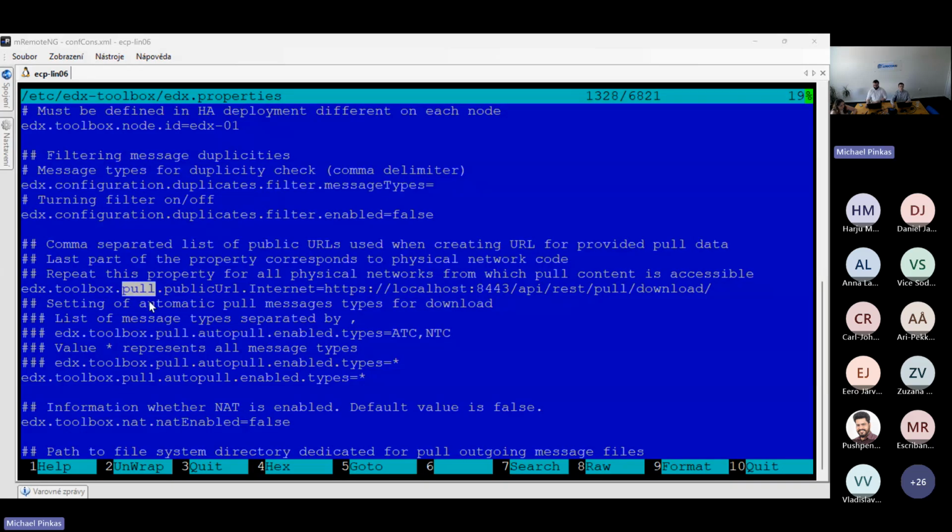Next, we have a URL that is used for the pull messages. Here we have the default internet network and an example for the URL that one would use. However, you should use public IP address. That means that there will be not localhost, but probably the IP address of the server and the port of